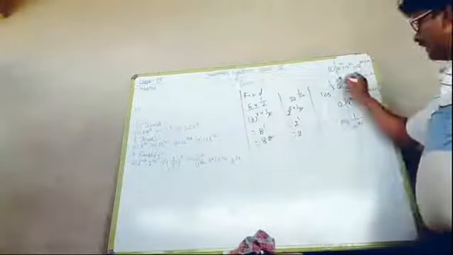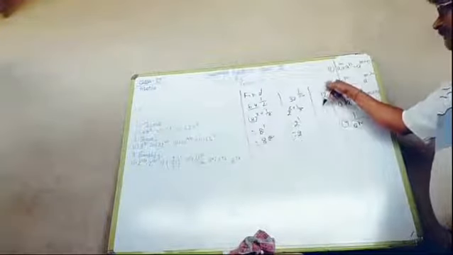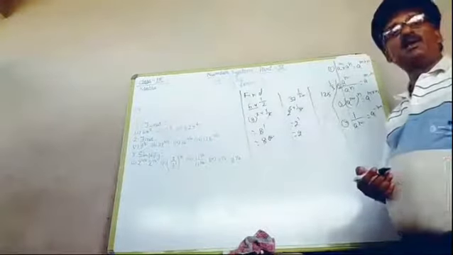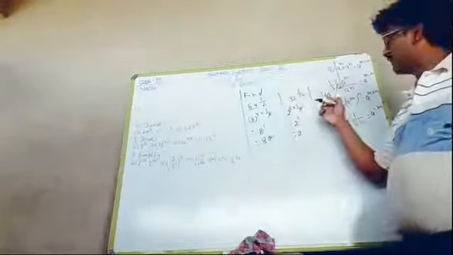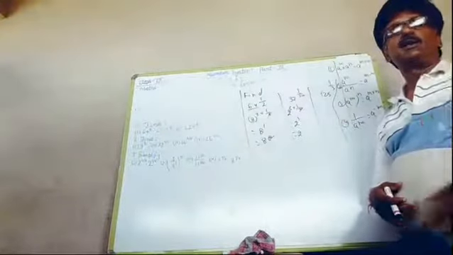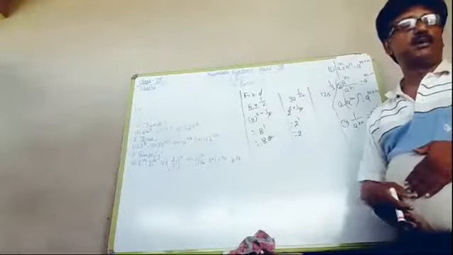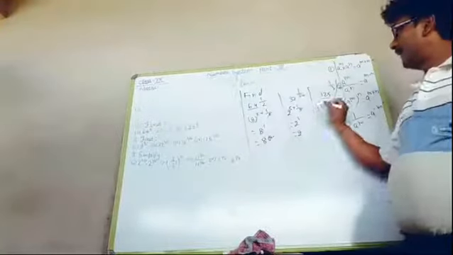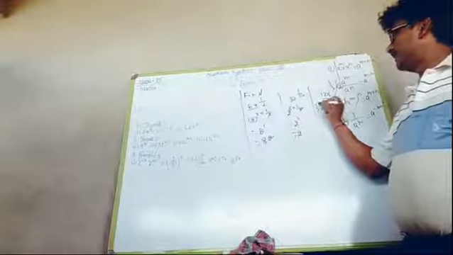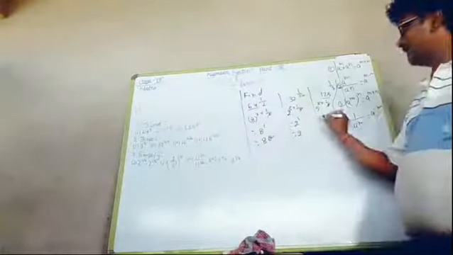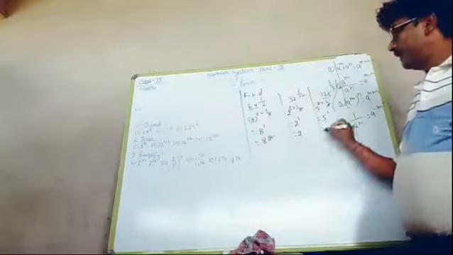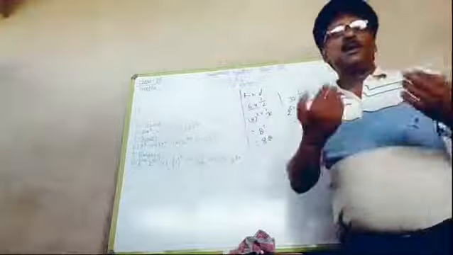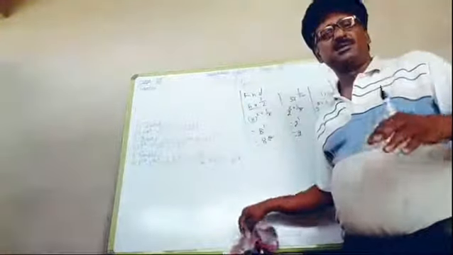Okay. And here 125 is raised to power 1 by 3. Once again we have to find which number, when multiplied 3 times, gives the product 125, and the number is 5, because 5 into 5 into 5 is equal to 125. So in place of 125, it can be written as 5 raised to power 3 into 1 by 3. So this 3 and 3 will be cancelled, and then we can say 5 raised to power 1, that is equal to 5. Any problems? If you get any problem, then you may ask questions.